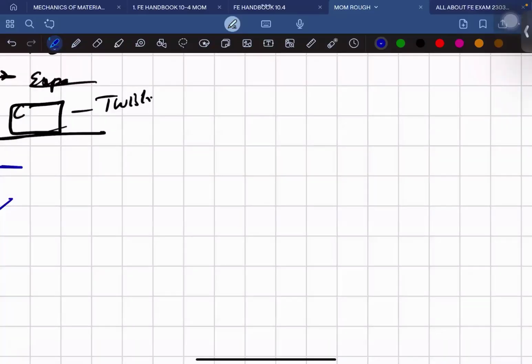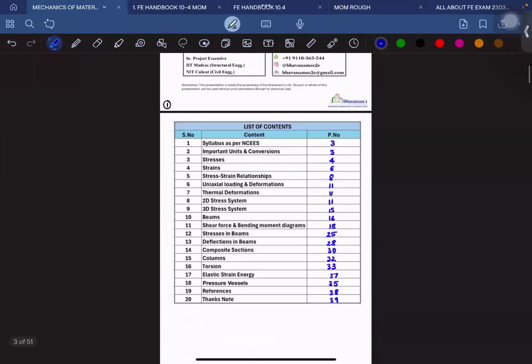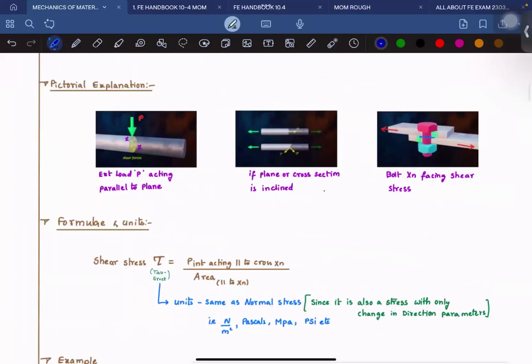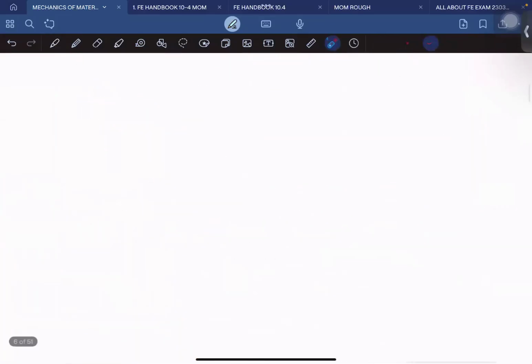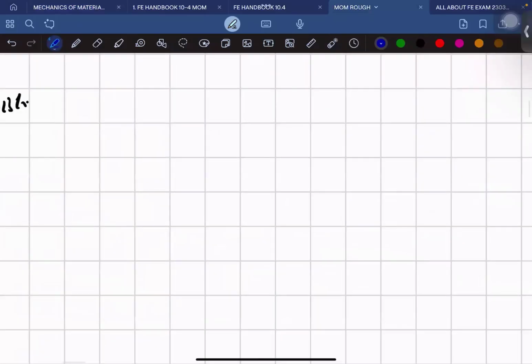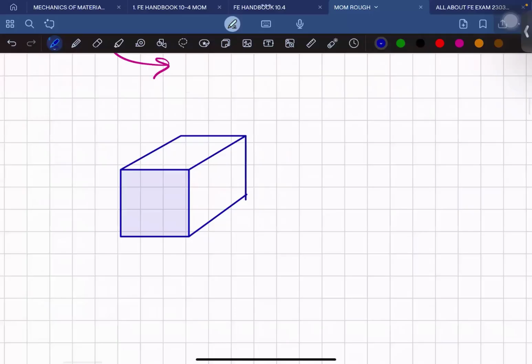Where are the notes? Let me see. The shear force I can show you here somewhere. See, if I talk about the external force, let me open the rough page itself. Let me say this is my block, a 3D block, something like this. This is my 3D block. If I apply some load in this direction,